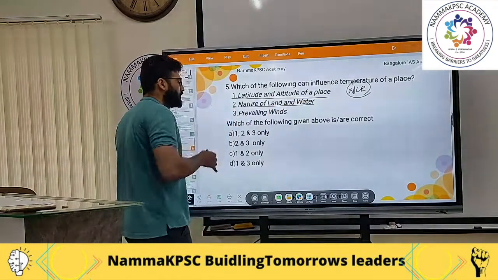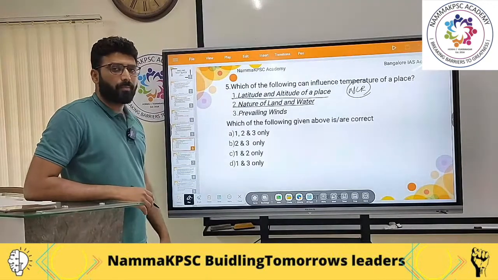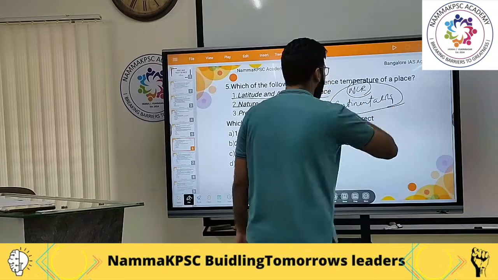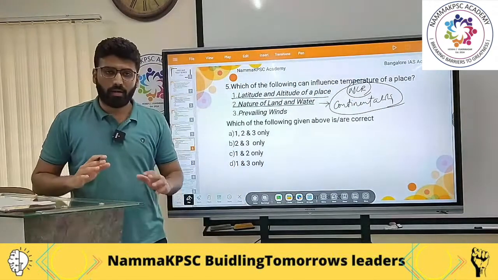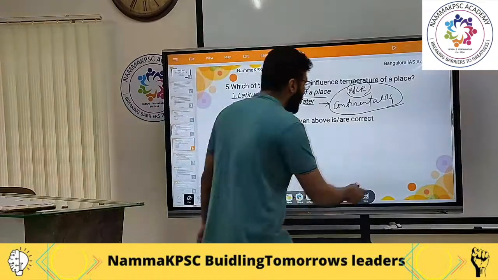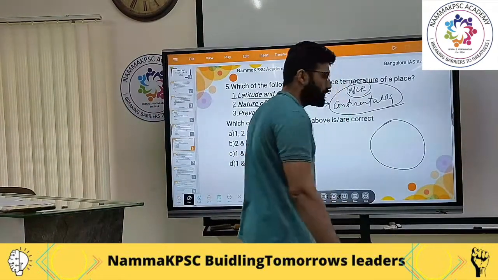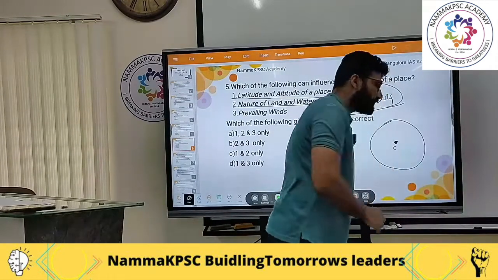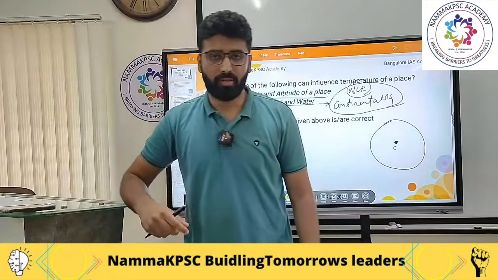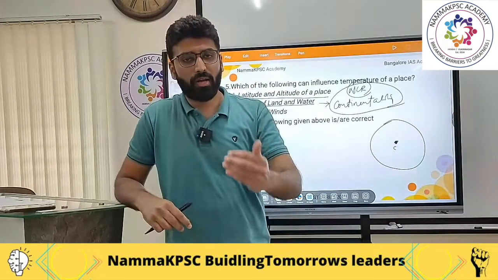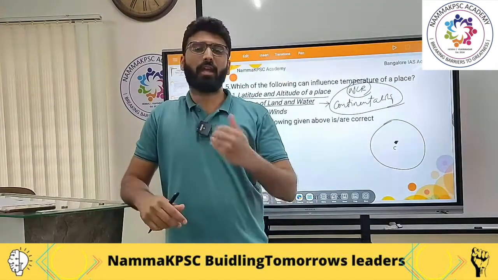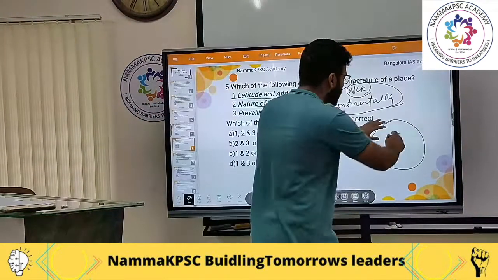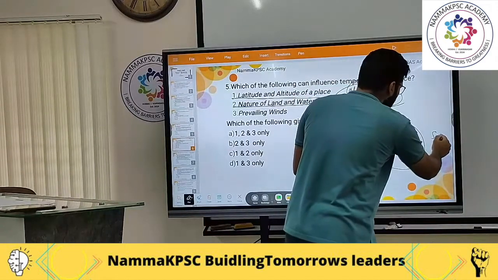Second is nature of land and water. Now, you would have come across this concept known as continentality. Does continentality determine the temperature of a region? Of course it does. So, if you take any landmass, the most interior region, say the center of the landmass, will have extremes of temperature. It can be very hot during daytime or during summertime, and it can be very cold during nighttime or winter time. When compared to the peripheral region, which is close to water bodies,